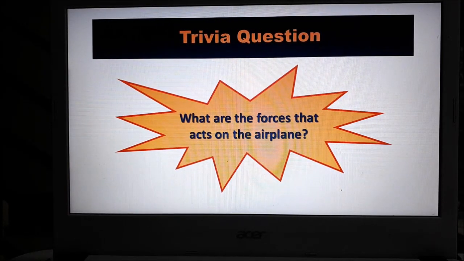Now, before we end this video, let us try to answer the trivia question that I gave to you a while ago. My trivia question is, what are the forces that act on the airplane? We all know that the density of the airplane is higher than the density of air. So how does the airplane fly above the ground, considering that its density is higher than the density of the air? Is it mainly because of the buoyancy, or are there any other forces that act on the airplane? And to answer that question,